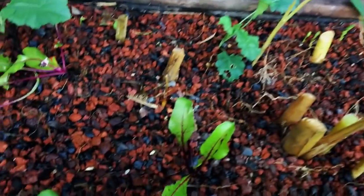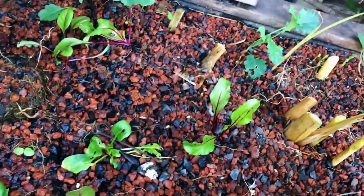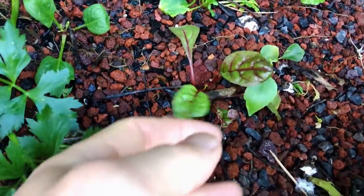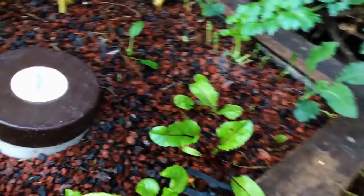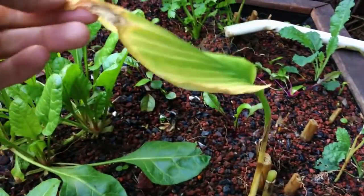I have others here. Another beetroot. And this one is a silver beet. So you see it's almost the same color, but the leaves are a little bit different. And another beetroot here. So this one is